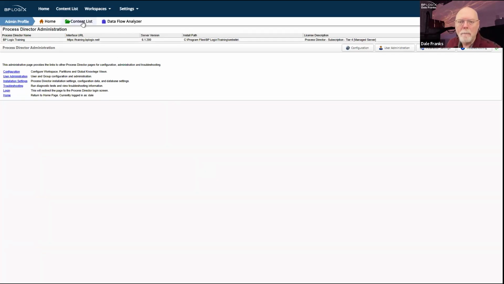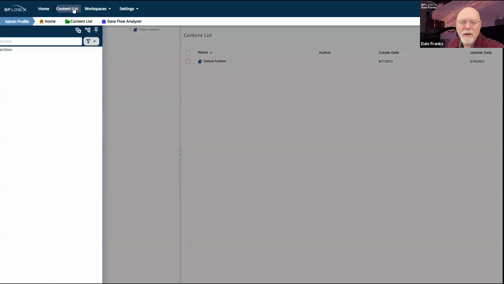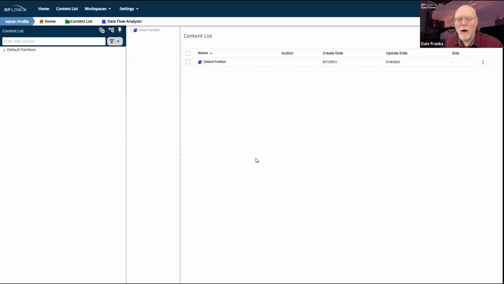Now, for most of you, whenever you first install Process Director, what your homepage looks like is this. This is the old content list, the one that used to be the standard display in Process Director, with the folder list on the left and the folder contents on the right. This was what we used to call the content list. This is less useful now with version 6.1 because the content list is always accessible anywhere from inside Process Director. You can always have access to the content list and you can always navigate.